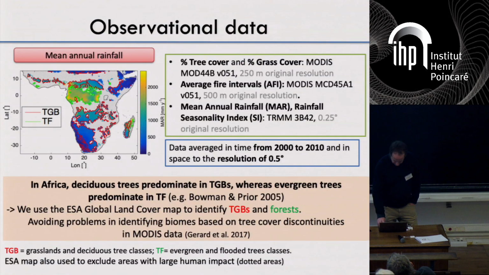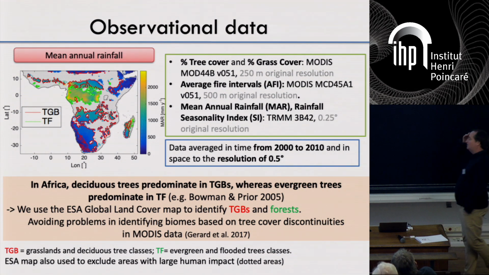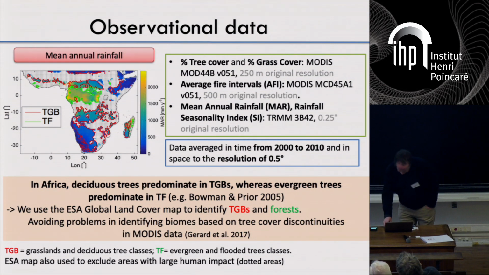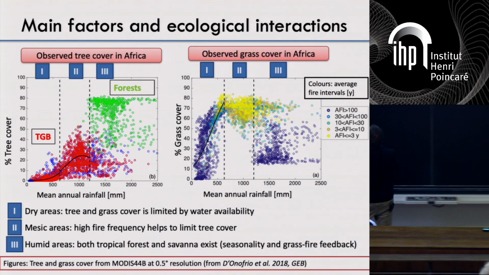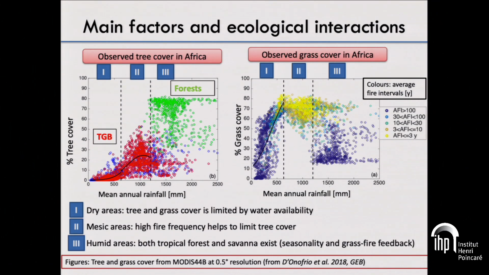And so we did a study on this. This was based on observational data, a series of MODIS data for various areas. There was quite some extreme filtering to keep mostly natural areas, and to avoid areas which were too heavily affected by anthropogenic influences. Some of it is summarized in this type of plot. On the left is mean annual rainfall and the percentage of tree cover. And we can see that there is a wide range where,